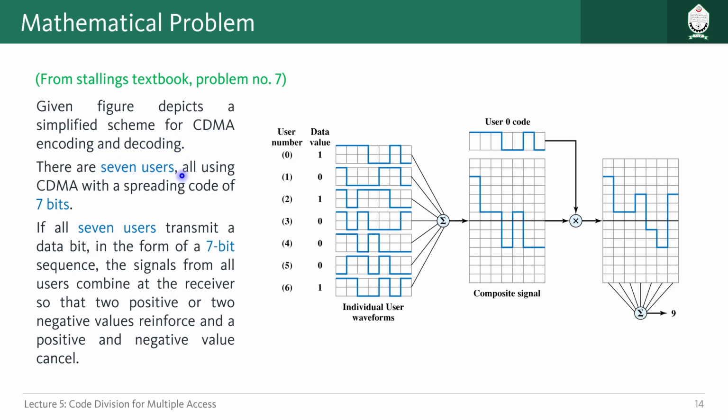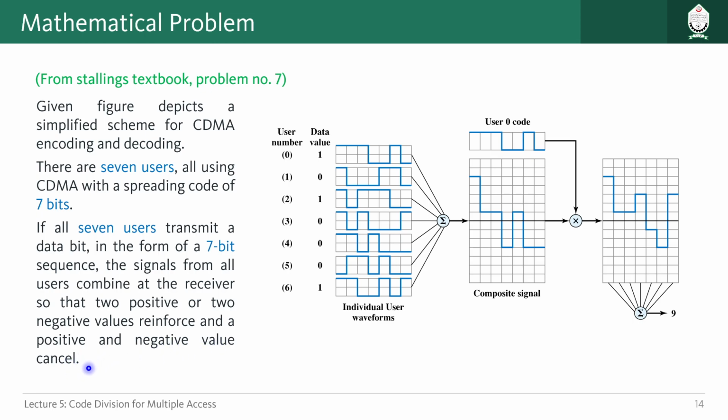There are 7 users, all using CDMA with a spreading code of 7 bits. As you can see, there are 7 users, user 0, 1, 2 up to 6. All of them are trying to transmit 1 bit of data, like binary 1 or binary 0. For that, they have been assigned some spreading sequences of 7 bits duration, right? If all 7 users transmit a data bit in the form of a 7-bit sequence, the signals from all users combine at the receiver so that 2 positive or 2 negative values reinforce and a positive and a negative value